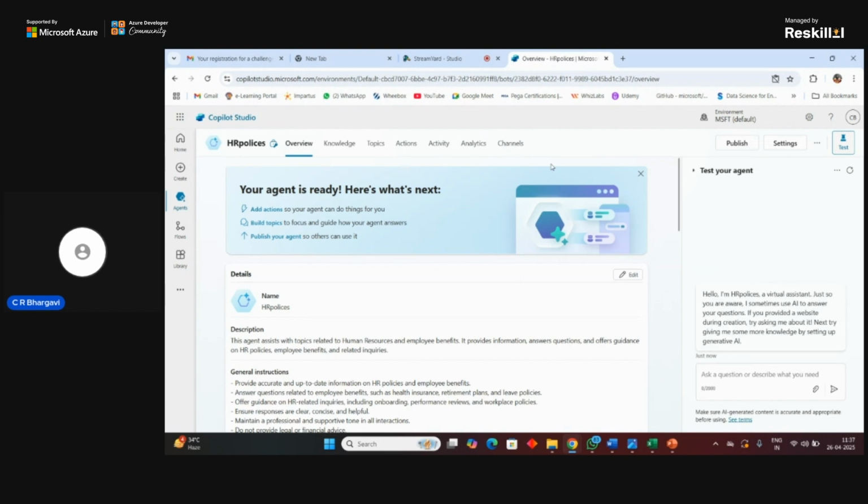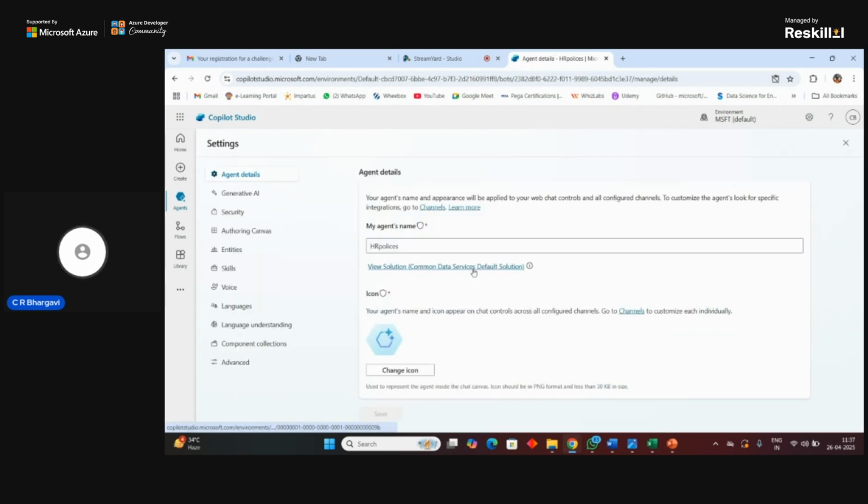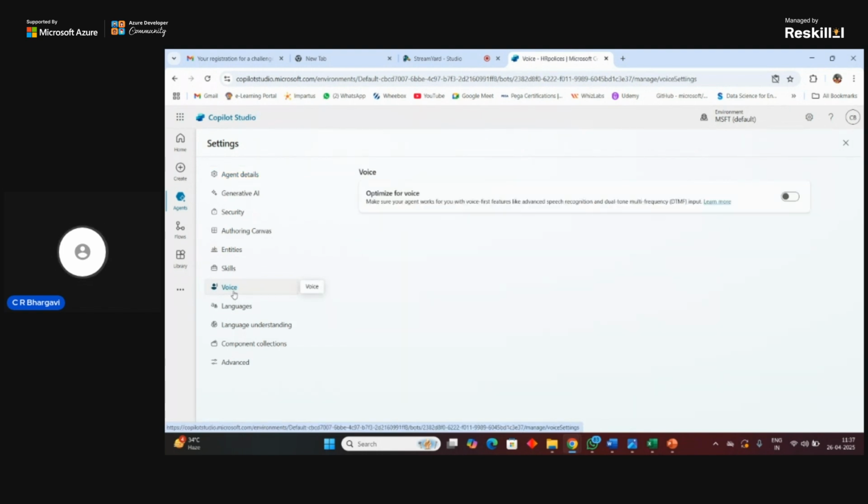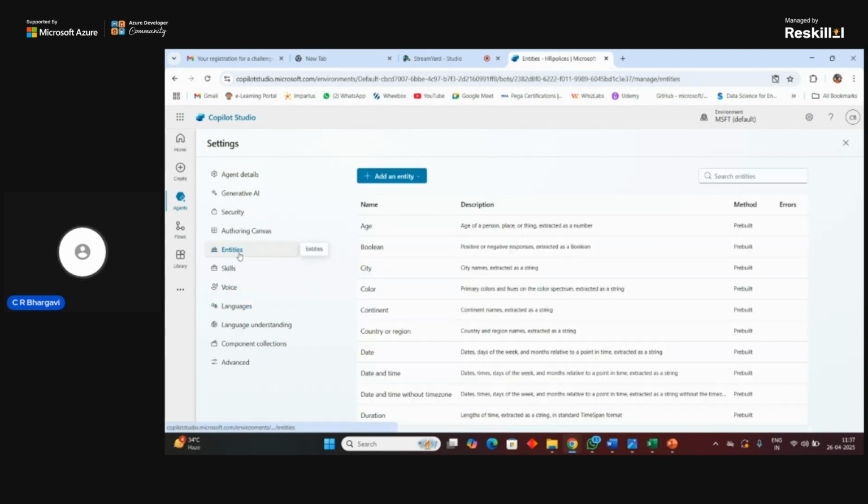With the settings, you can have voice enabled and different languages added to it. And then you can have entities added. Entities are something like what you call a variable in other programming languages, right? So you call it an entity here, and you can add it over here.